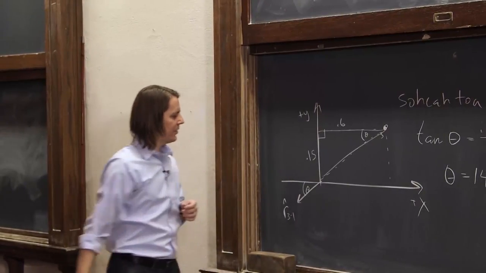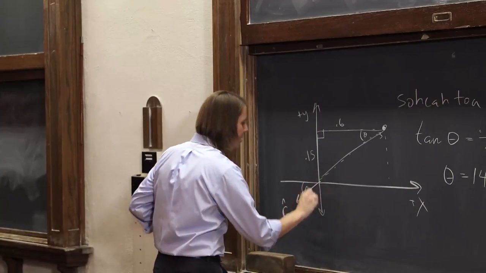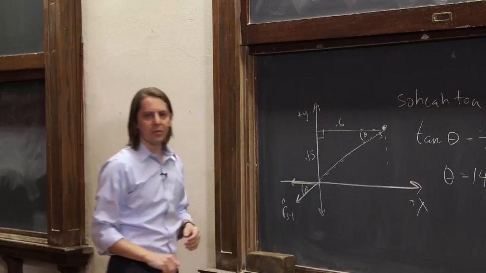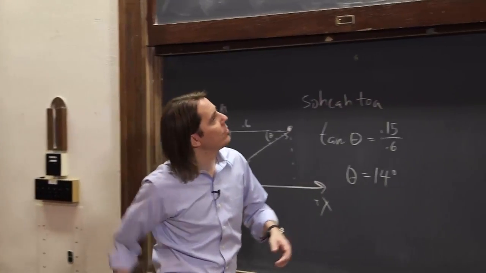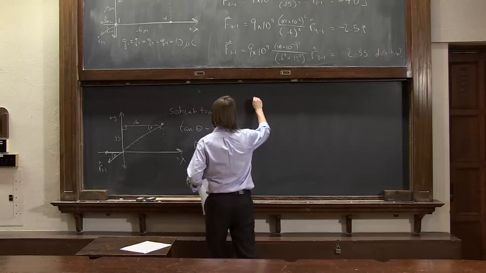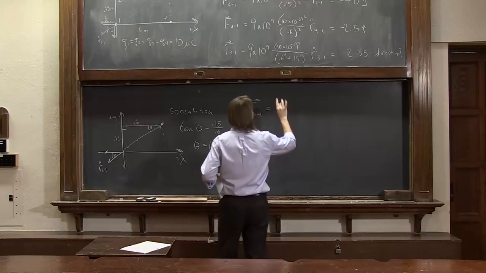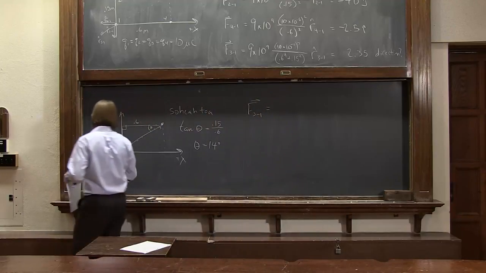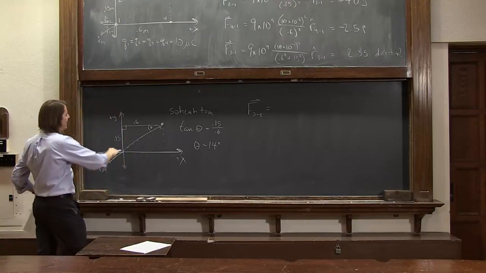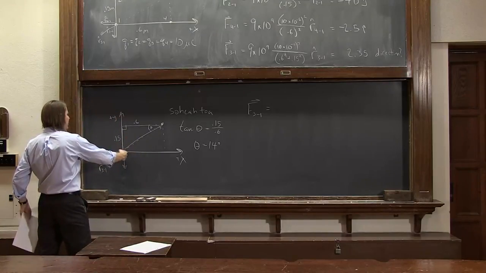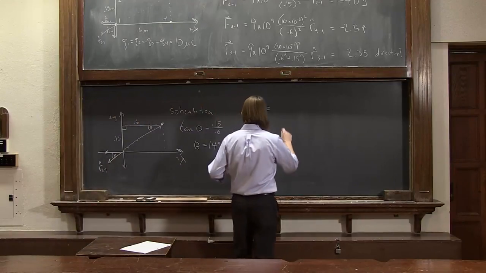This is still the x-axis. So now we can break it into components, and you can see that it's going to have a negative y component and a negative x component. Let's see, so we could then write this F31. So starting with what we had before, F31 would be the magnitude 2.35 times these sine and cosine components, but it's also negative. Just by inspection, just by looking at it, we can tell this axis has a negative component, this axis has a negative component. So we're going to put in the negatives, minus